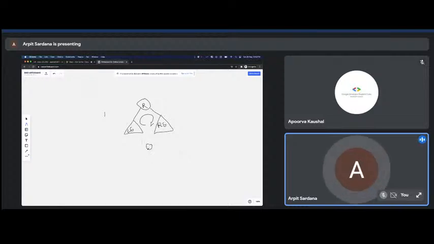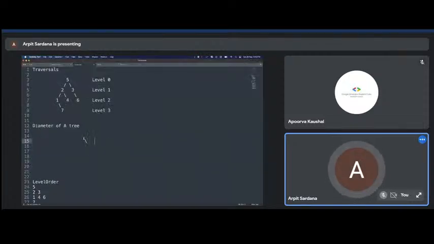And then the other case would be, for example, when we have a lot of nodes in the left subtree, and then we don't really have any nodes in the right subtree. In that particular scenario, it is possible that our whole answer can be covered by all the nodes that we have in the left subtree, and the answer is just the height of the subtree over here. And then obviously the third case is just a mirror of this. So when we have all the nodes in the right subtree and don't have anything in the left subtree. If I give you an example of that, it could be